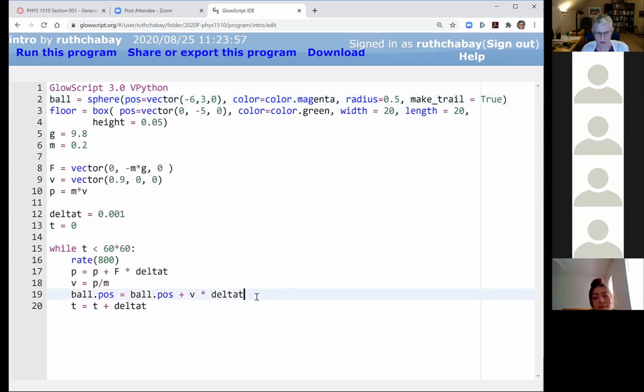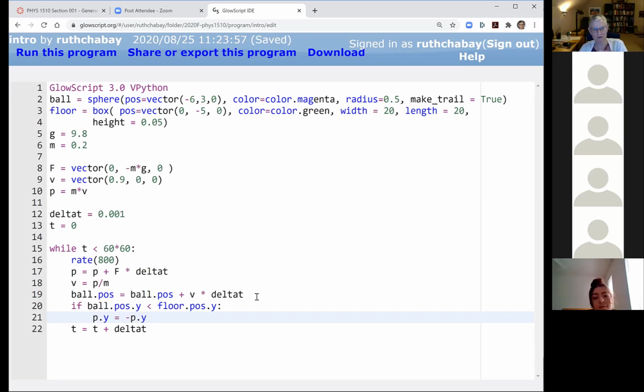So let's just tell it about the floor. So we'll say if the y component of the position of the ball is less than the y component of the position of the floor, it's just going to bounce. So we'll say the y component of momentum switches direction. This is what we call an elastic collision. And now